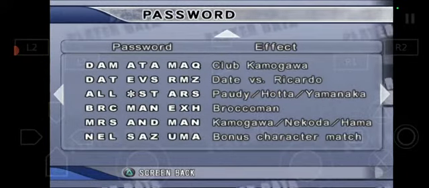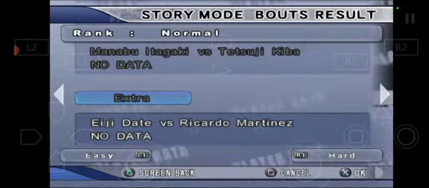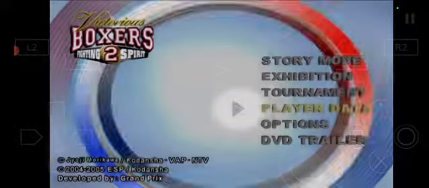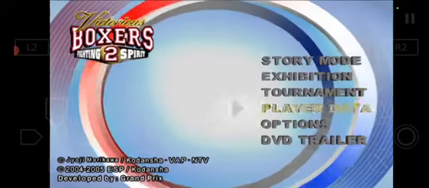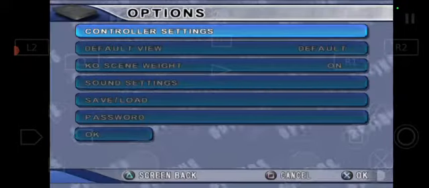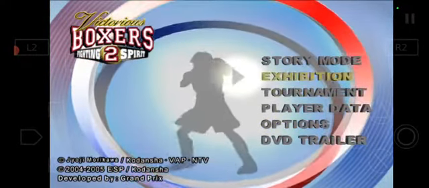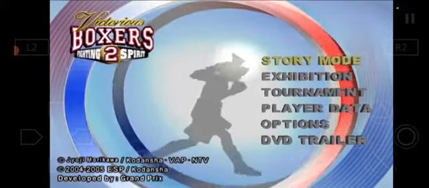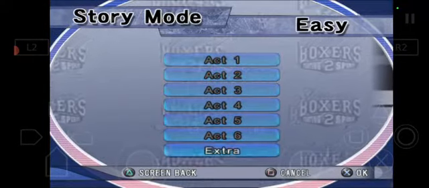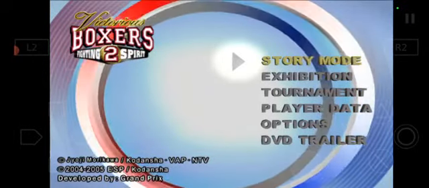Oh, cool. So these are the characters. You actually see the characters. I didn't know that. So if I ever want to actually try the game, I could. Let's see. That's the other one, you could create a character. Okay, so